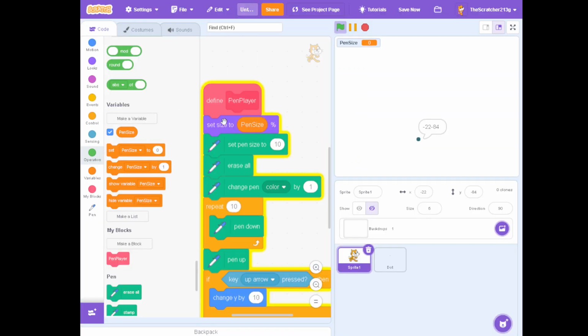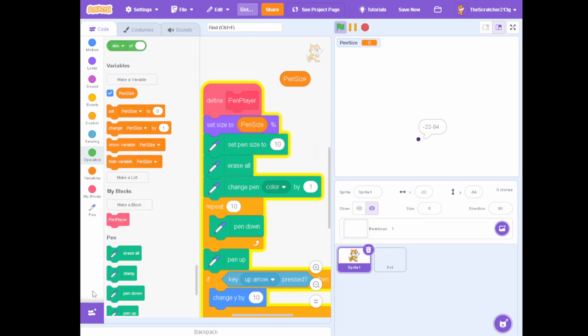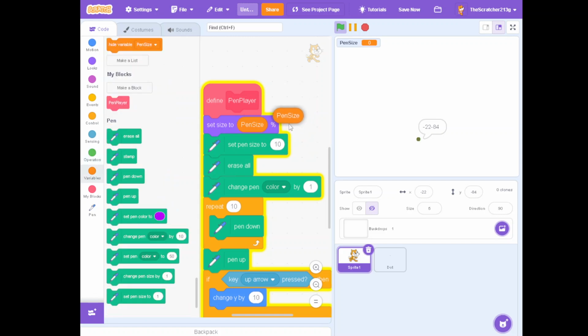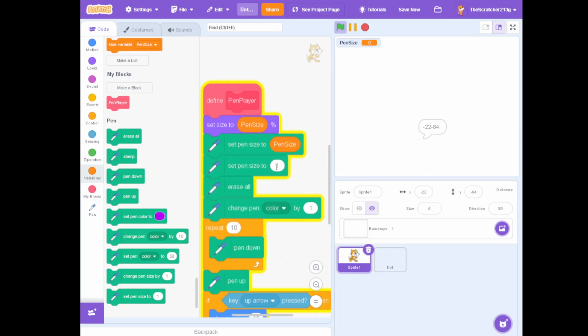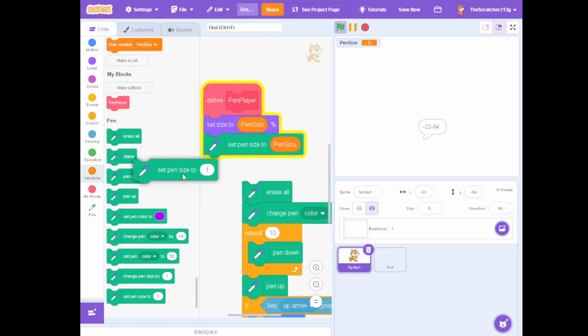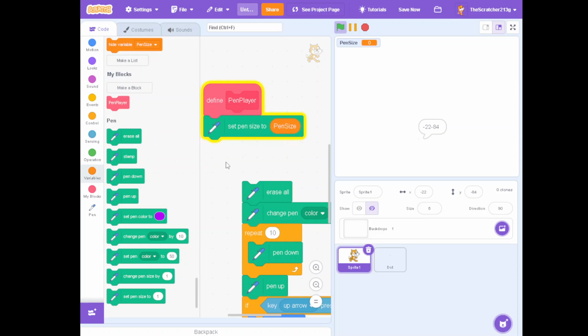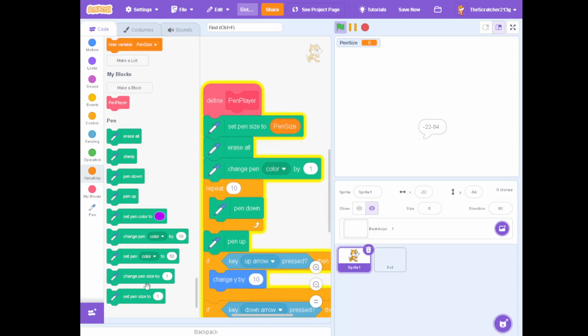And then we're going to set size to pen size. And yeah, so we could actually just delete that. And then we're going to set it to